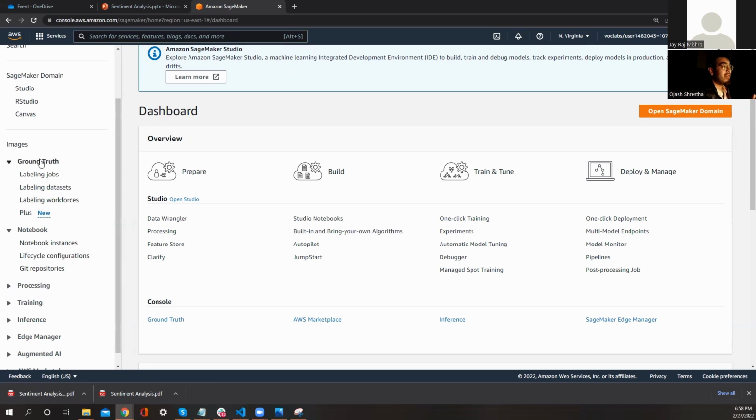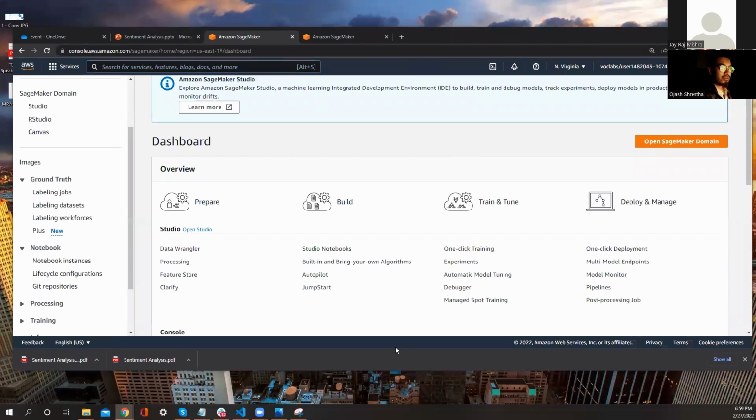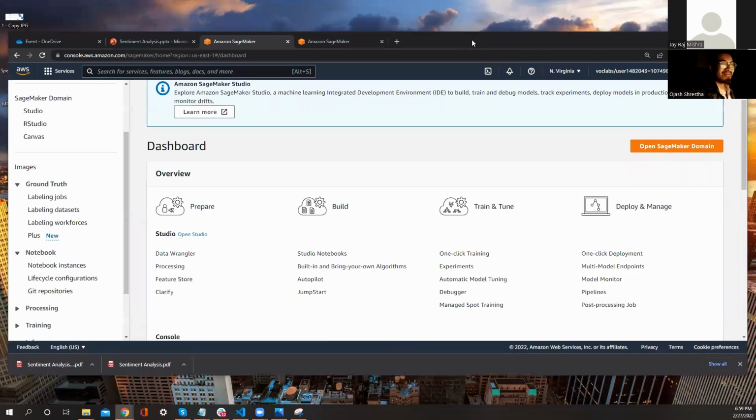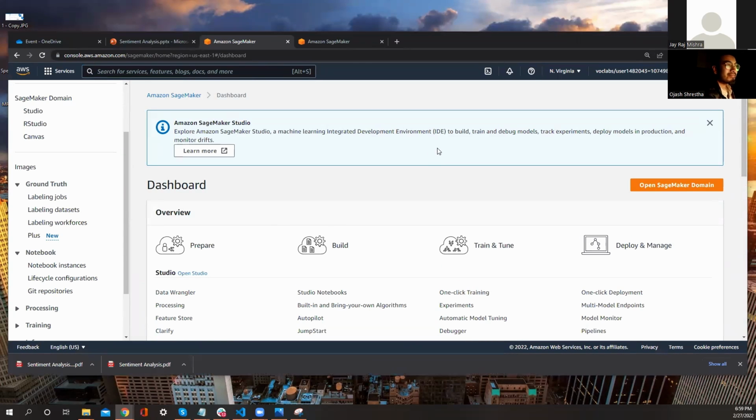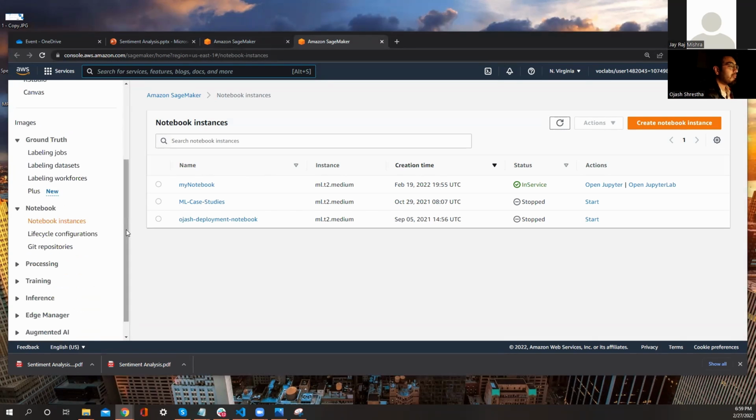All these data sets can be labeled in Ground Truth, and under Notebook instances, for example, this is where we deploy our notebooks. The buttons of Zoom are disturbing my process, right? So from Notebook instances, we create our notebook.